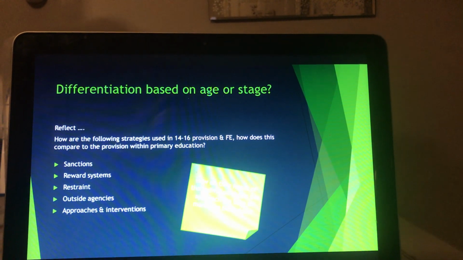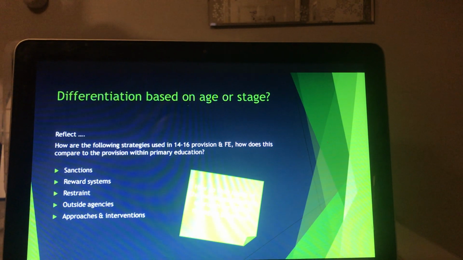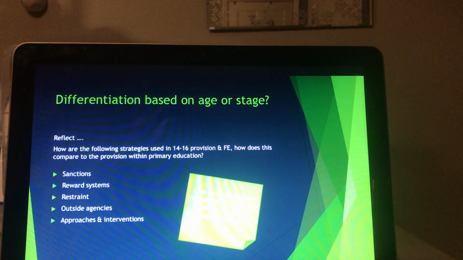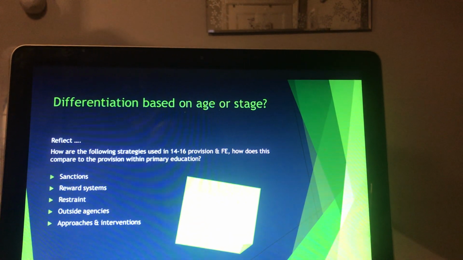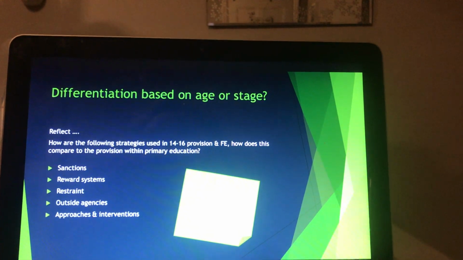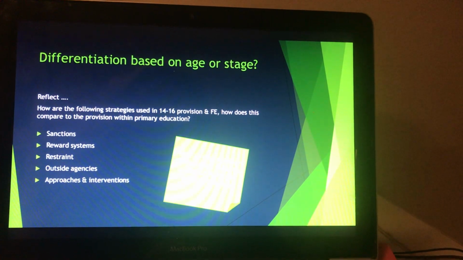And if we're applying reward systems or sanctions that are in line with the true age of the children, 7 to 8, how does that really meet the needs of that child's stage of development when it comes to behaviour? So something to have a little think about there.